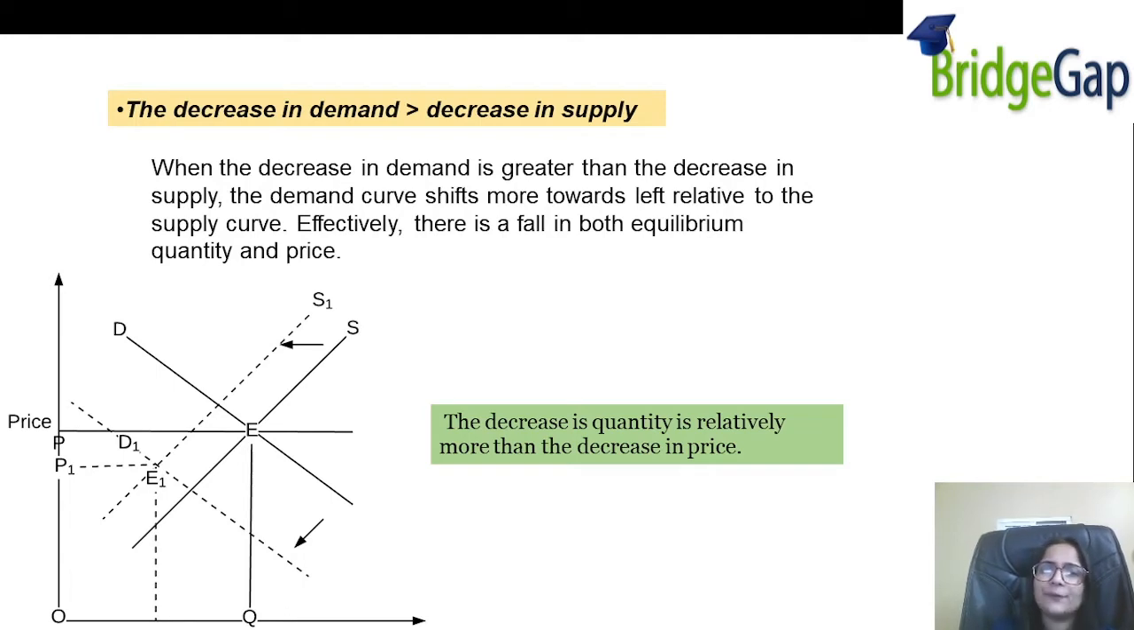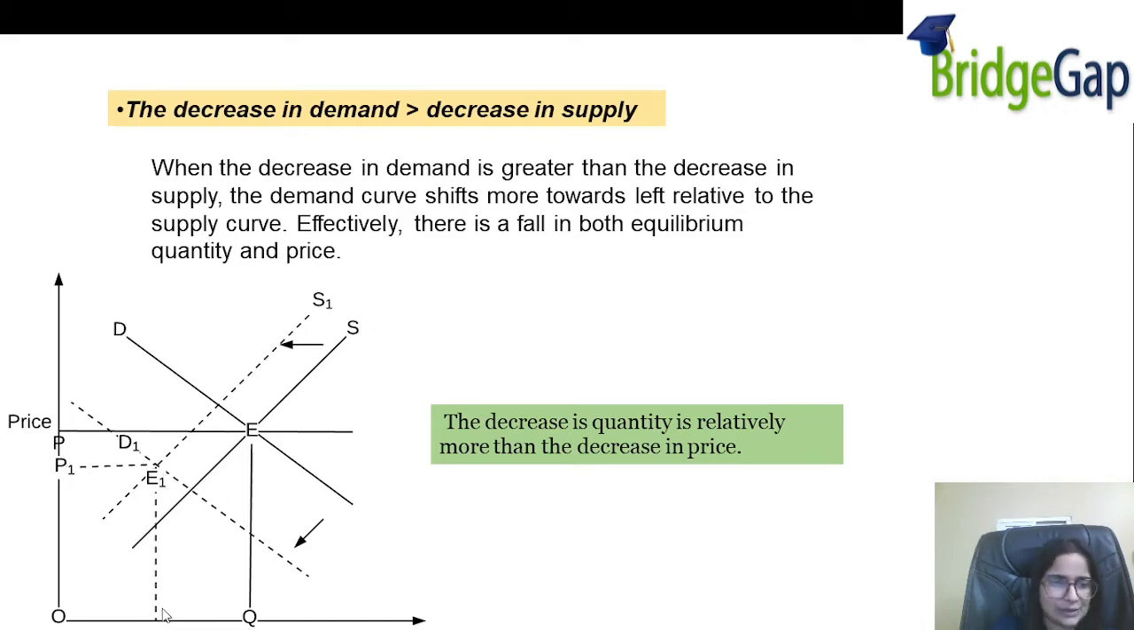So the market forces will work accordingly in order to wipe off the excess supply and hence create a new equilibrium, that is E1 will be the new equilibrium. So what will be the end result? The equilibrium price will decrease, it will shift from P to P1, and the quantity also